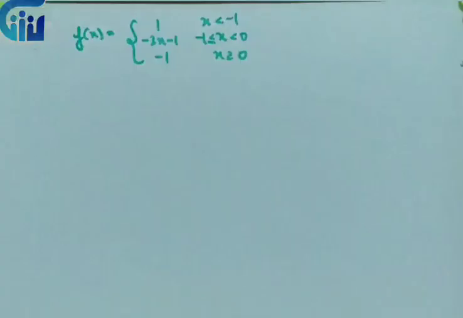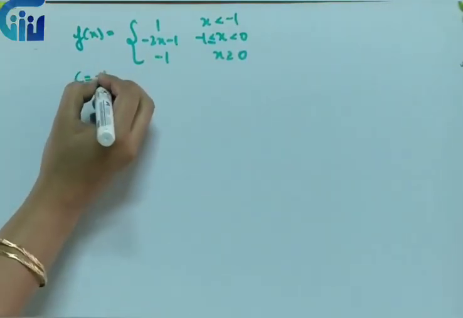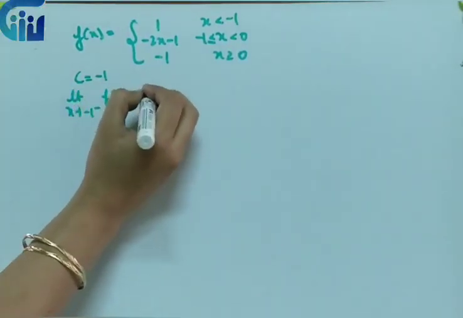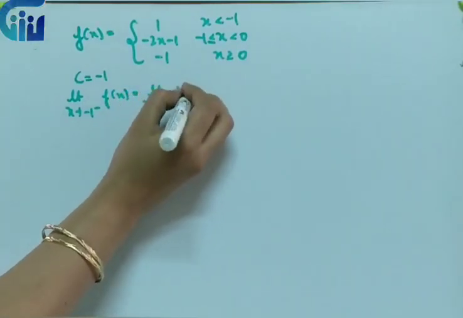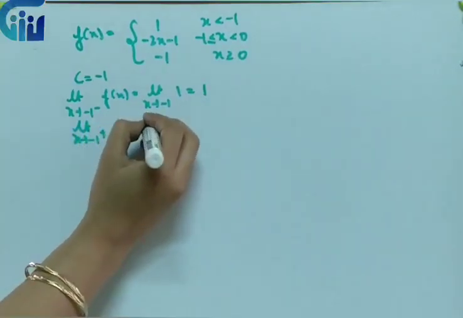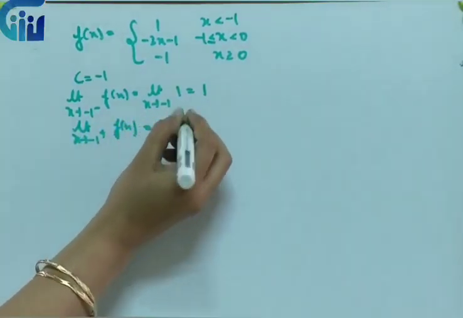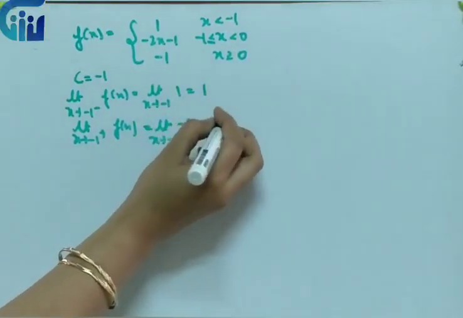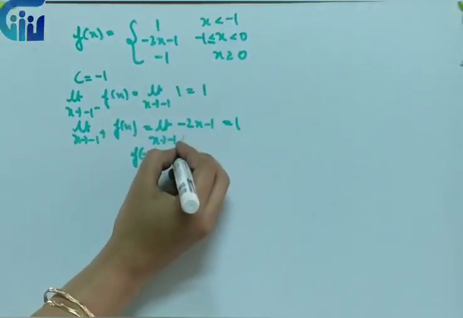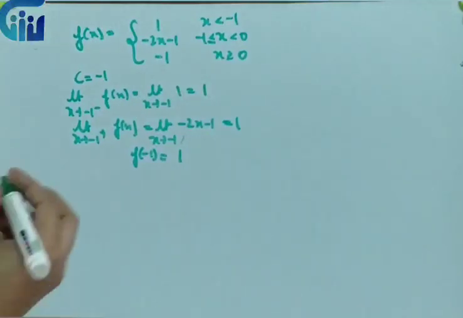So how will we check? Let's proceed further. Okay, so let's check the continuity now. The 3 cases we have already discussed, so I'll just check at the points. Let's say c is equal to minus 1. I'll find the left hand limit, so minus 1 minus will be, over here, 1. So I'll just write 1, and limit x tending to minus 1 plus will be minus 2x minus 1. If I put minus 1 over here, this will also come out to be 1. f of minus 1 will also be 1. So all the 3 are equal, hence it is continuous at minus 1.